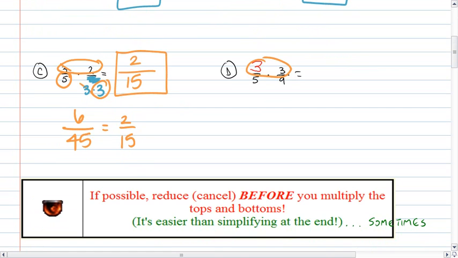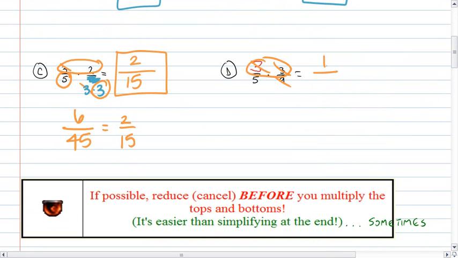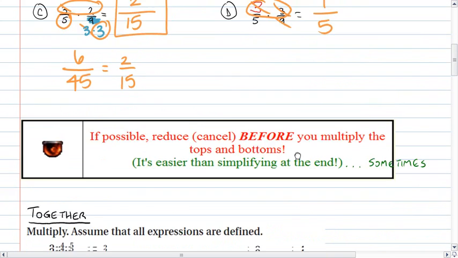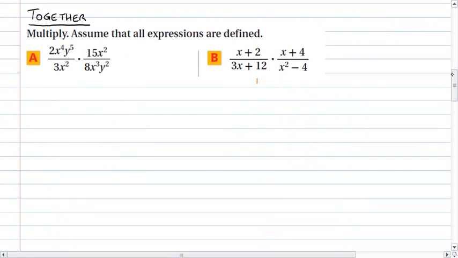3 times 3 is the same thing as 9, so those factors all completely cancel. Remember, since there's nothing left in the numerator, we would just say that there's a 1 there, and then a 5 in the denominator. So again, here was the general rule: it's smart to cancel before you multiply rather than simplify at the end. So if we try that,